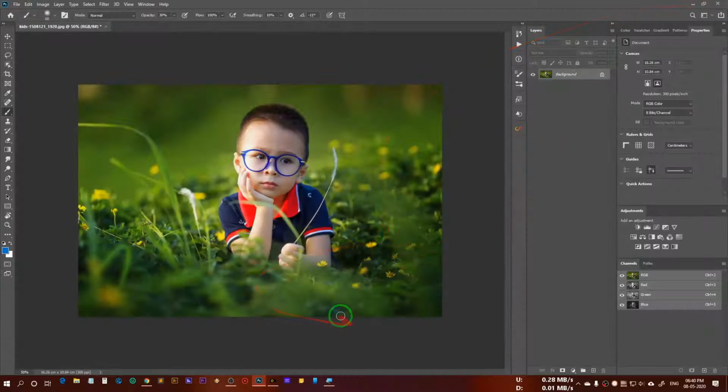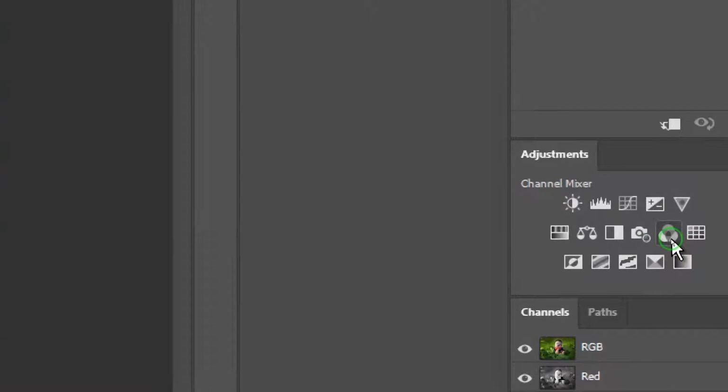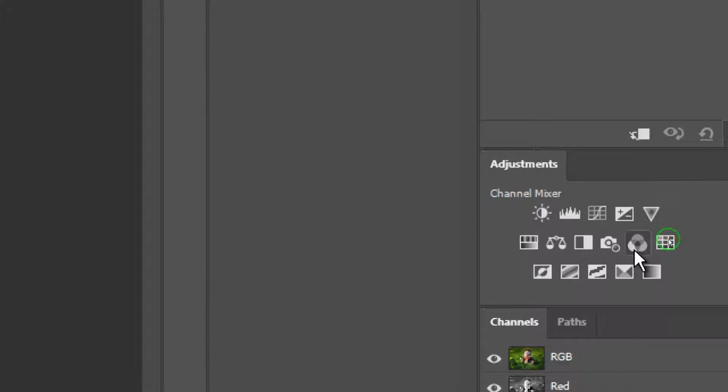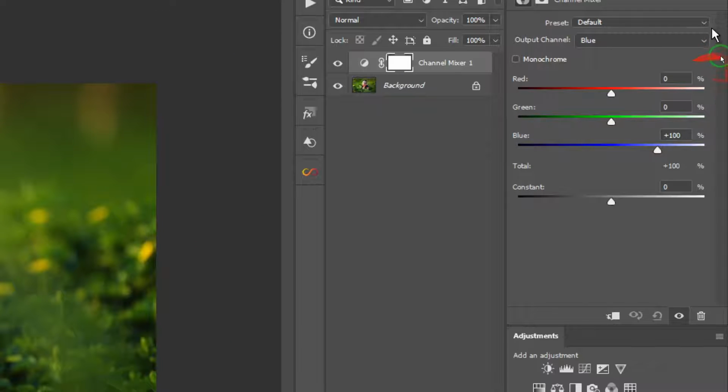Alright, so now this is the image which we are going to take, and we want to change this color to something else. For this purpose, we have to come over here on the channel mixer panel. So we'll click on the channel mixer, which is this one. This is the channel mixer adjustment layer. Once this is created, over here you have some properties.